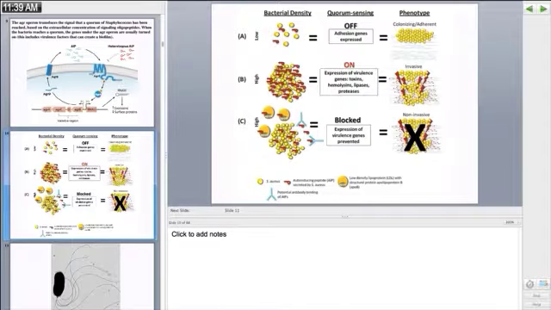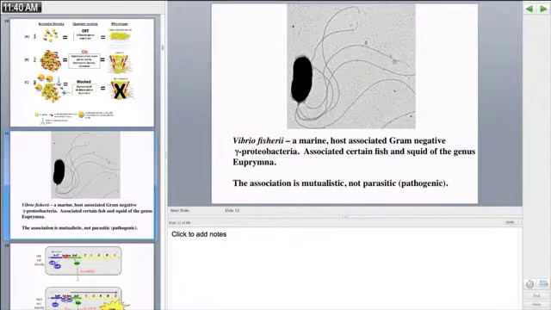I don't know whether this has ever been shown in principle to work, at least not in humans. But the slide is nice because it kind of shows how this system works. Okay, so in the last minutes, I've got 10 minutes left, I want to talk a little bit about the